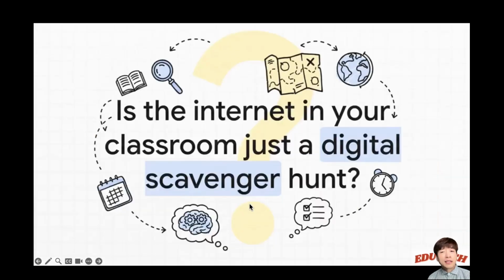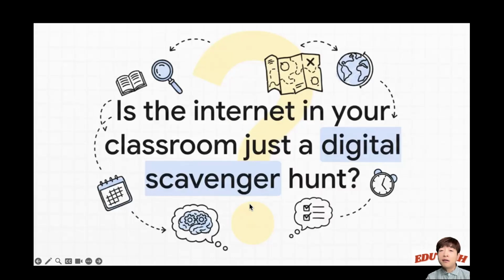Think about this for a second. We've all seen it happen, right? You may have some experience doing research online, but what were you actually doing? So often it just becomes this digital scavenger hunt. Find this date, look up this definition. So it's pretty passive, and it uses this incredibly powerful tool just for finding basic answers